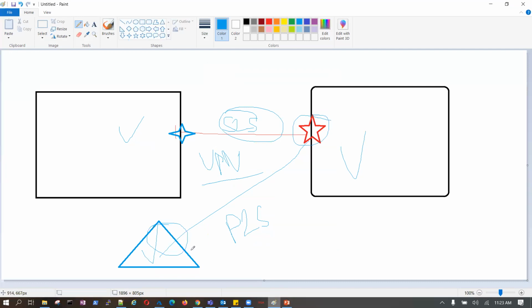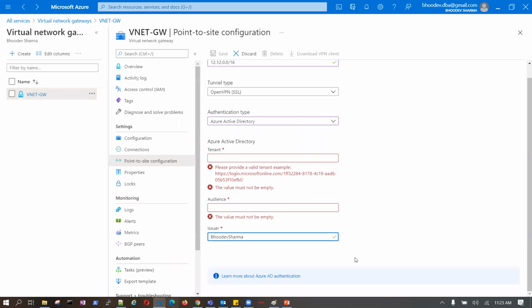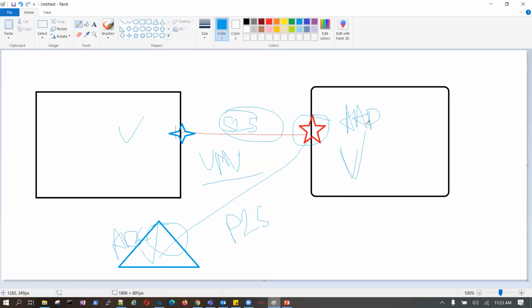Means whenever this user ABC is coming, and I'm saying Azure Active Directory authentication, and I say the user is this, then this Active Directory will authenticate any connection coming from here to this VNet.